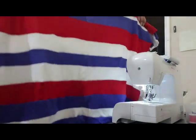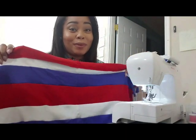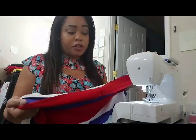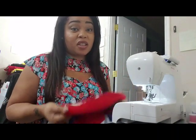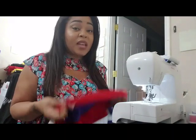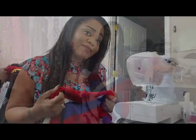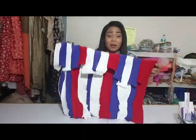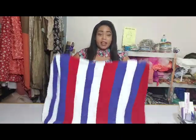Now that we finished sewing, it should look like this. Isn't that pretty cool? So I have a serger, so what I did was went ahead and serged the inside of it just to make sure that it's reinforced. If you have a serger, then that's fine. If not, then just double seam. You have officially completed your textile. So as you can see,